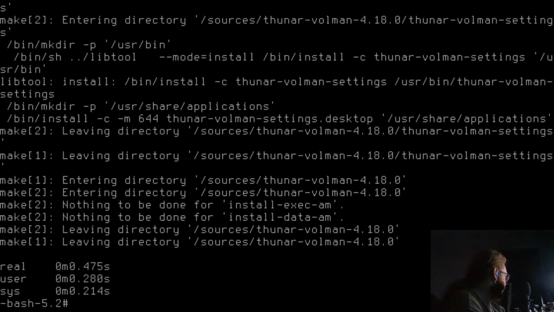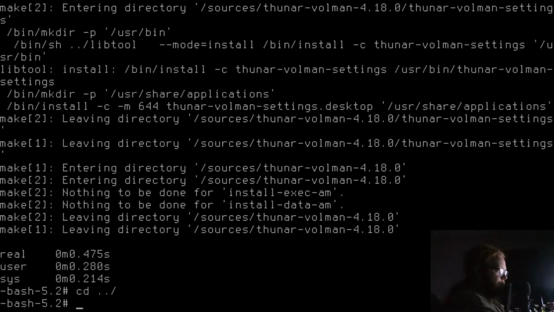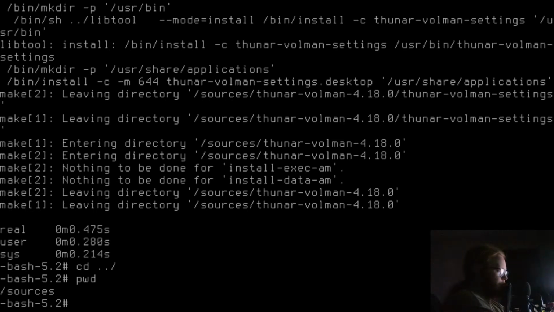Okay. On to the next one, which is Tumbler. wget https://archive.xfce.org/src/xfce/tumbler/4.18/tumbler-4.18.1.tar.bz2.